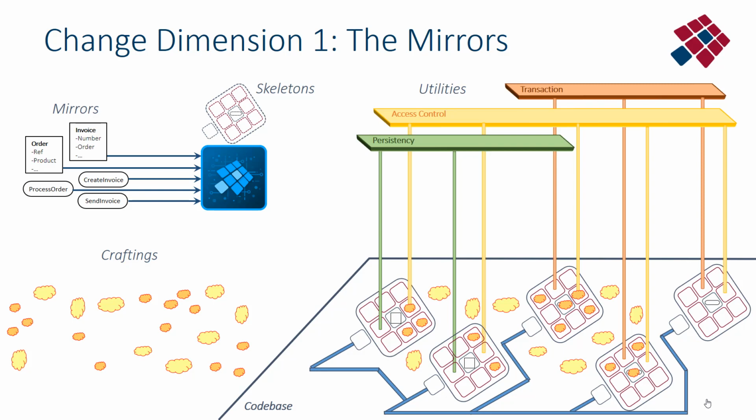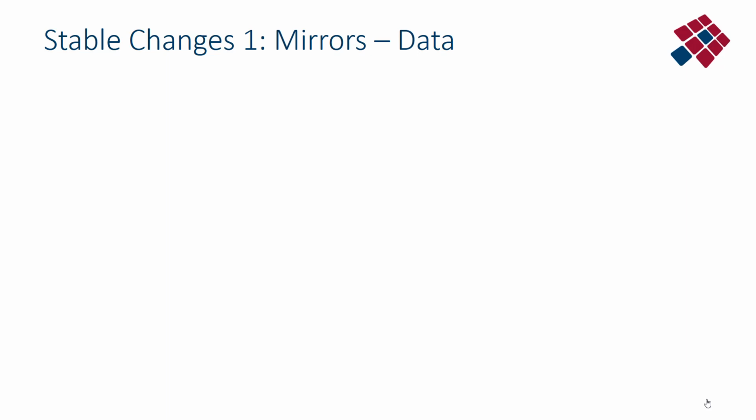Now, important is that we now have a structured overview of the various dimensions. And the first dimension, or degree of freedom, along which we can have changes and evolution, is of course the models or the mirrors. The models of the data entities, the functional entities, the task entities. So if we would have there a change, for instance, additional attributes to the invoice, then of course we would have changes in the various classes of the invoice element, but not outside that element. Now, to be more specific,